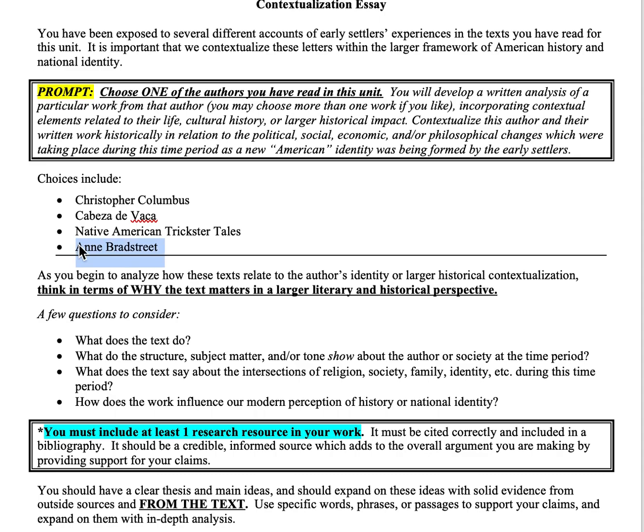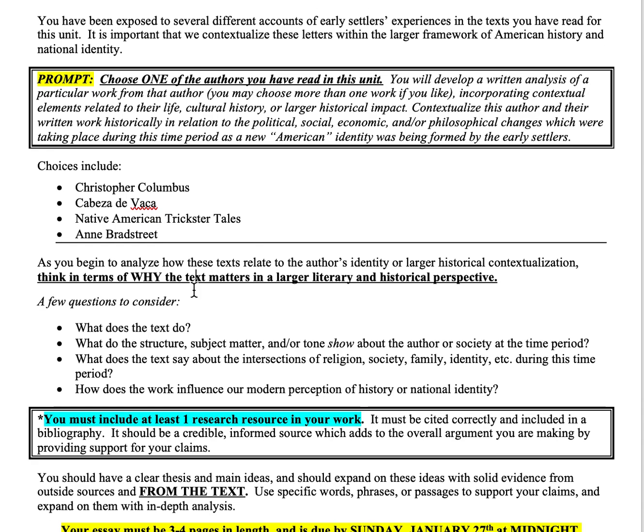So for example, if you're doing Anne Bradstreet, I want you guys to focus on the structure of the poems. I want you to look at things like imagery, symbolism, metaphors, similes. That's the primary focus. And then secondarily, I want you to think about the fact that she is the first trans-American female poet, and talk about how that influences the views set forth in her poetry and why that matters. So that's really the key here, is to look at, when you're thinking about these works, think about why it matters that we study these things.